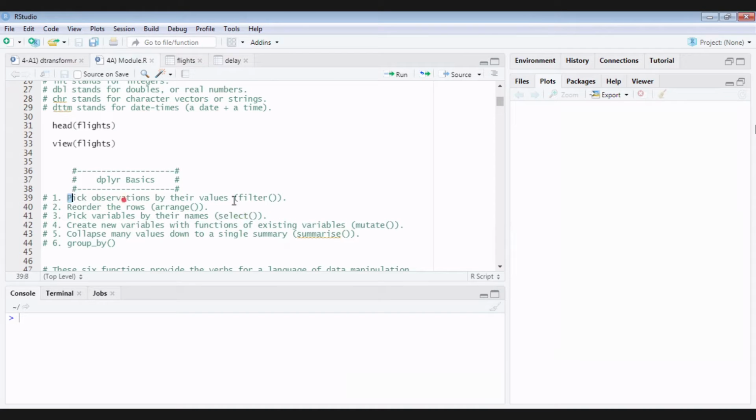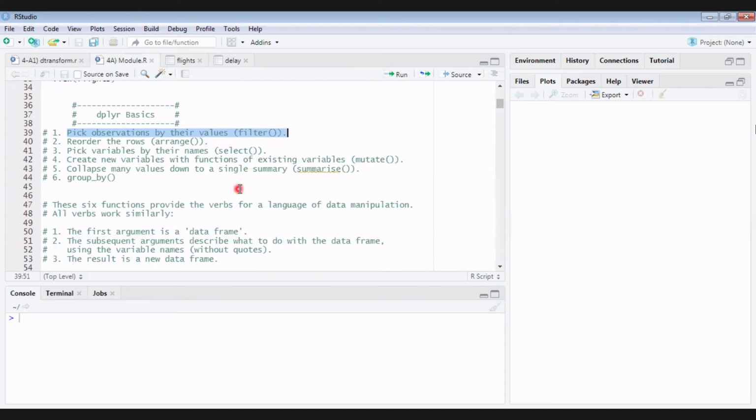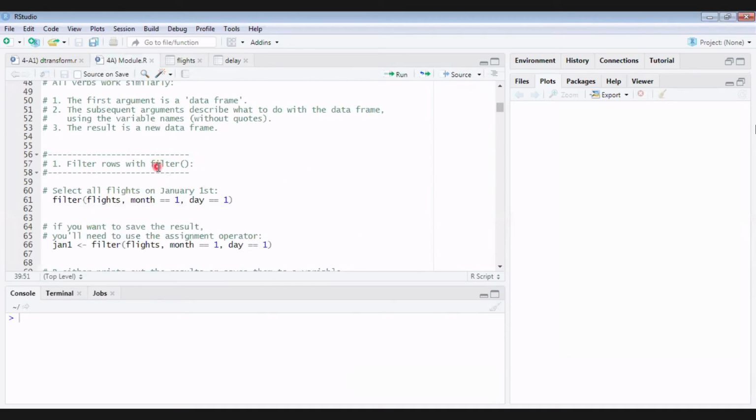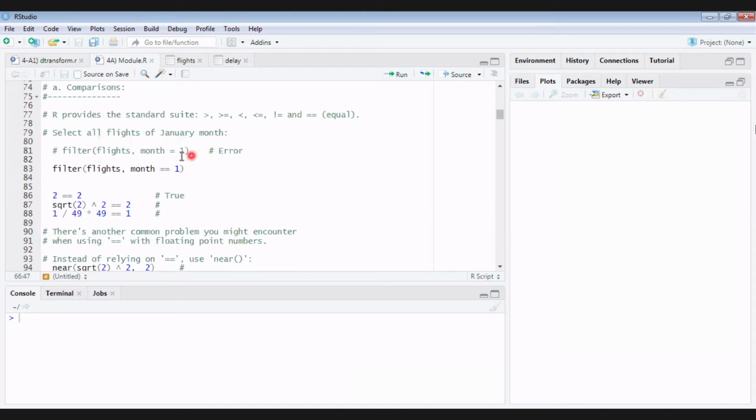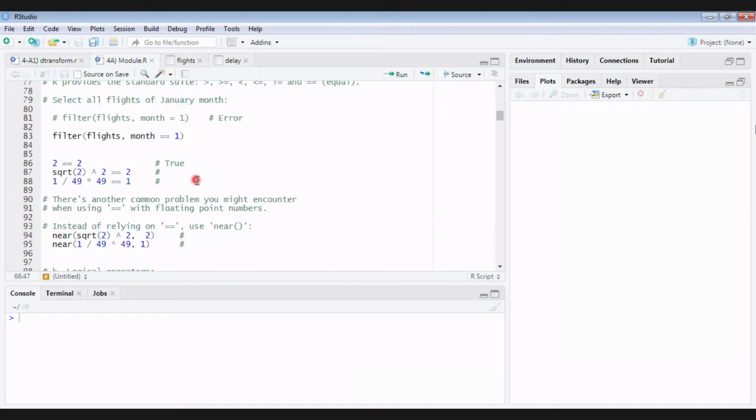So we were discussing filters, and there was one topic left. Using filters, we can filter the data. Say I want only the details of flights which were scheduled on the month of January, day 1. Like this you can do. For comparison, we should use double equal to, not single equal to.